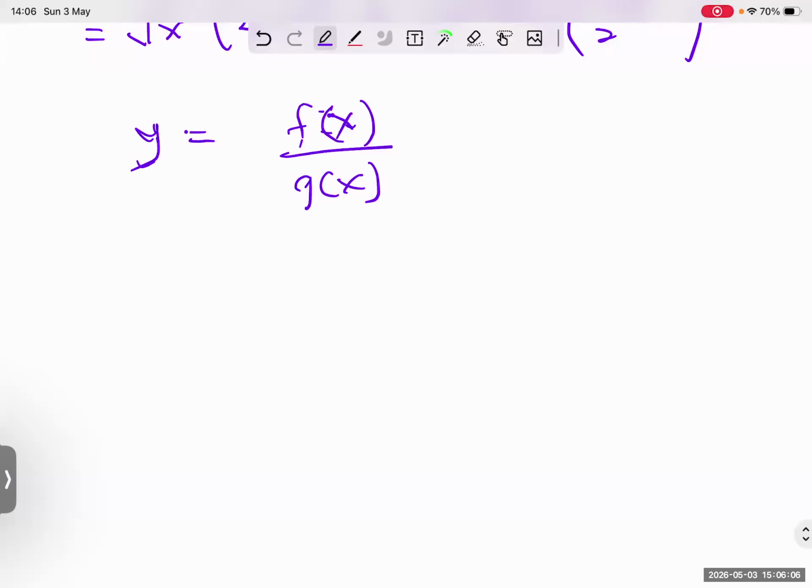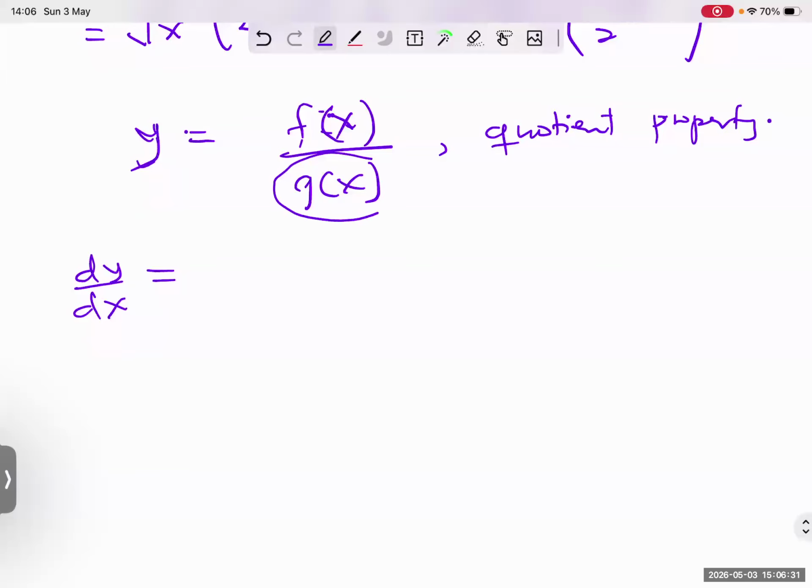So given y is equal to f of x divided by g of x, since the operator between the two functions is the quotient, or since the function is in the quotient form, we use what is known as the quotient property or the quotient rule of differentiation. With the quotient rule, given y is equal to f of x divided by g of x, dy/dx is, first we keep the denominator constant. So I'll have g of x,